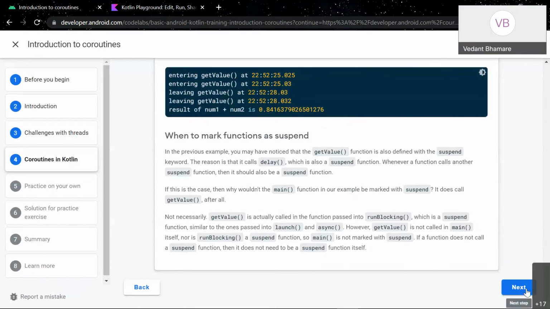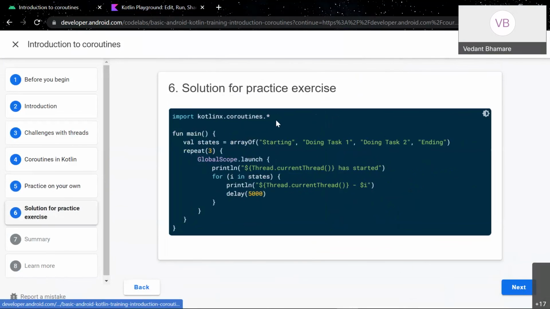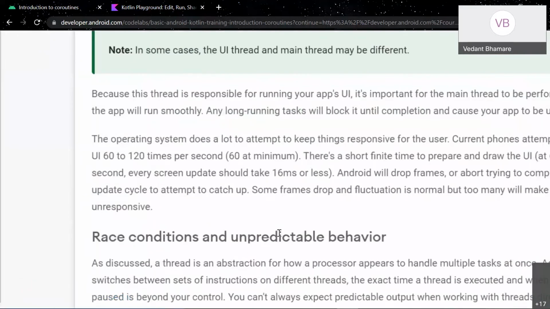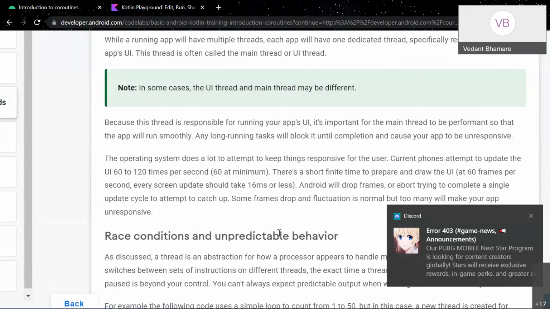So moving forward, that was the basic concept of coroutines. One more thing that I would like to explain. Whenever you are launching an app, you have FPS, right? Many of you might know what the FPS of your mobile is. It is either 60 hertz or 120 or 90. People use it that way.